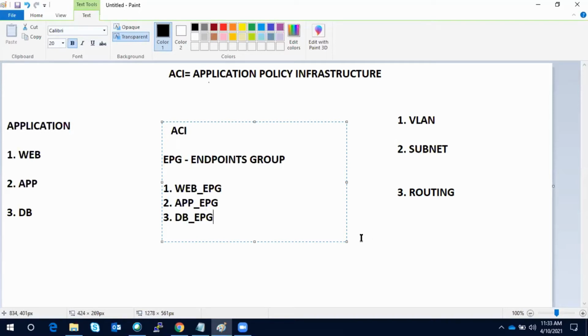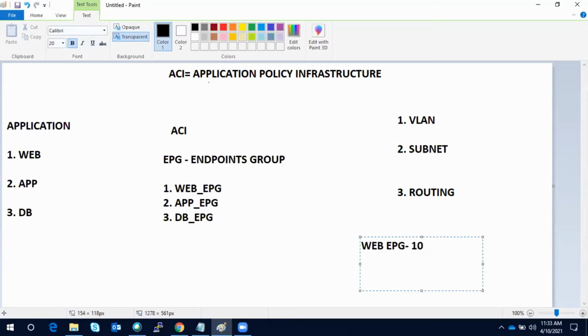Now, this web EPG may have servers from 10.1.2.1, 10.1.3.1, 10.1.4.1. So here you can see the difference: it was not like before, where you were defining the web with respect to the VLAN and the subnet. It is based on the attribute.